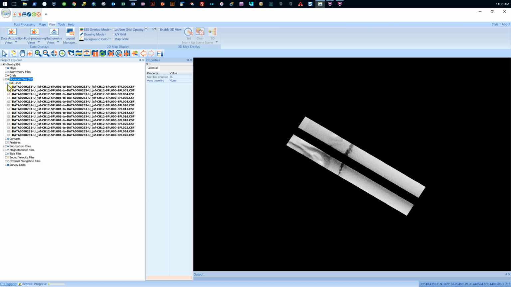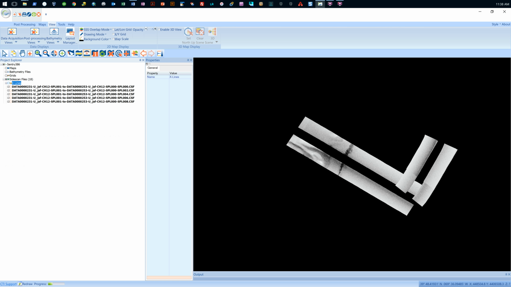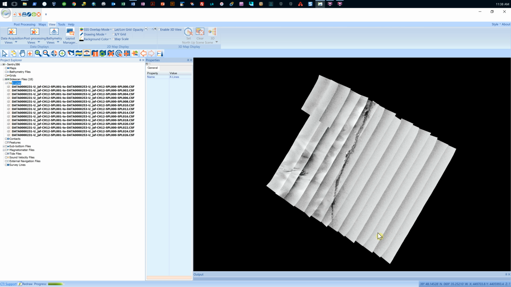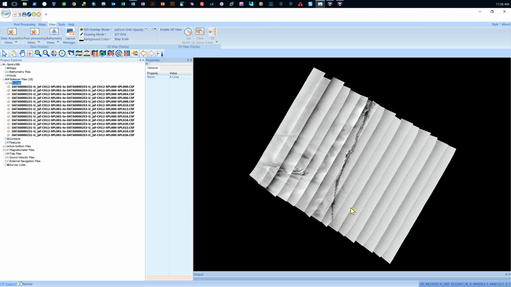Turning all the lines back on display, except for the cross lines, you can now see a rough mosaic of what we expect to see from sonar data. You'd also have the possibility of changing how the lines overlap. If you go to under view,